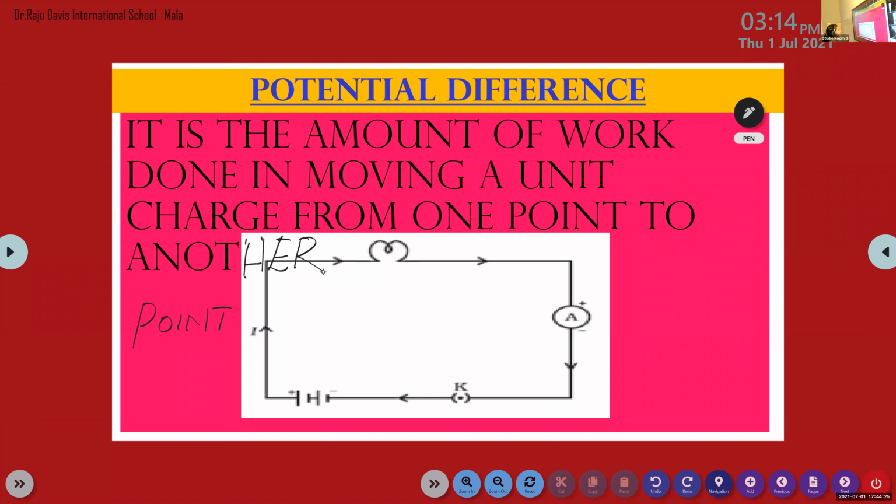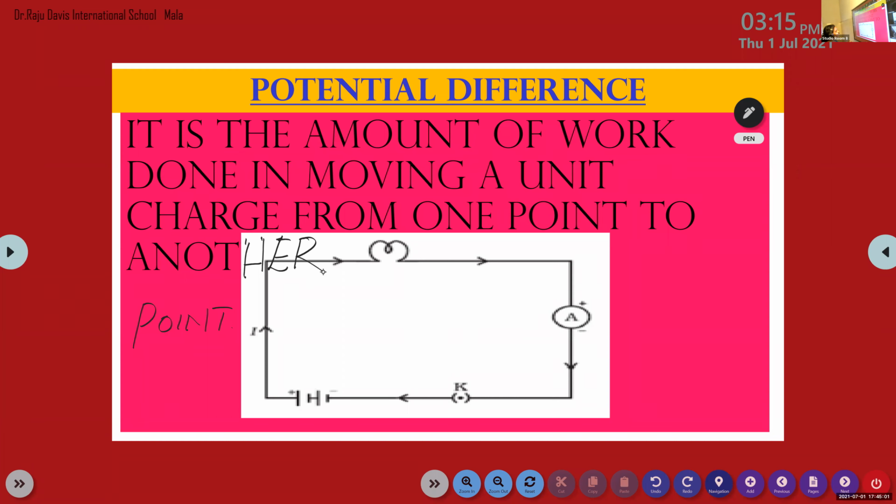Here the cell or the battery does this work to carry the charge from one terminal to another terminal. If and only if the cell is present in an electric circuit, then the flow of charges takes place. Just imagine if we remove the cell from the electric circuit, does current flow? In the case of a TV remote, if you remove the battery, does the remote work properly? No. So the work is done by the cell or the battery.